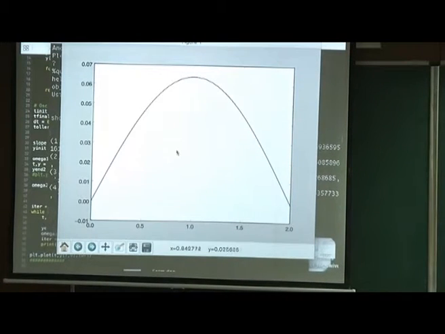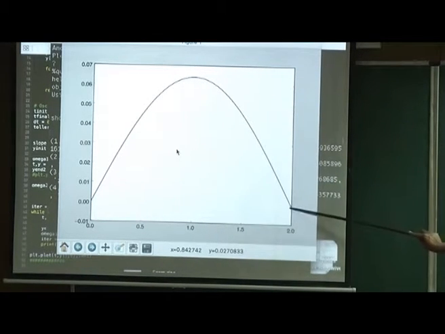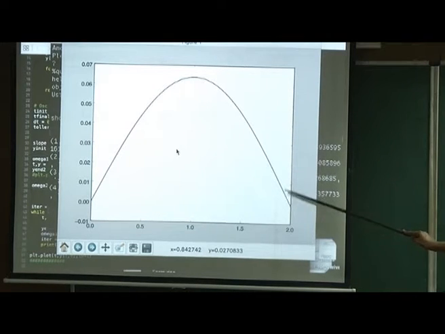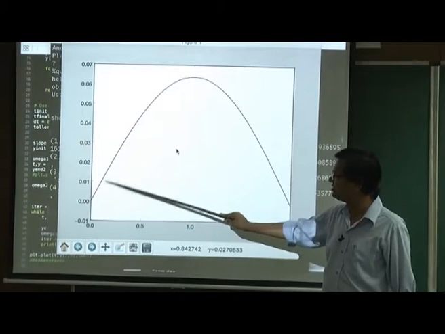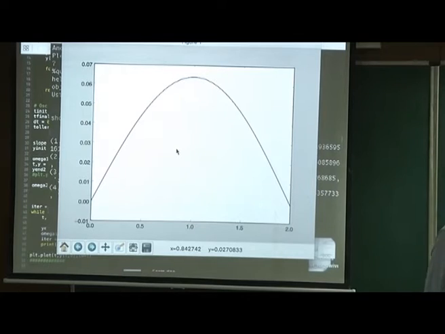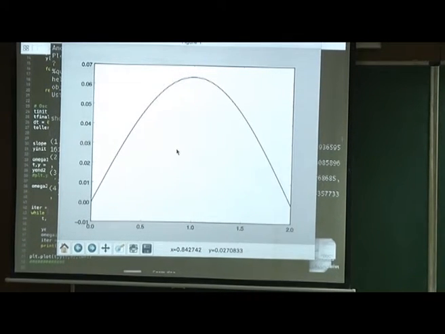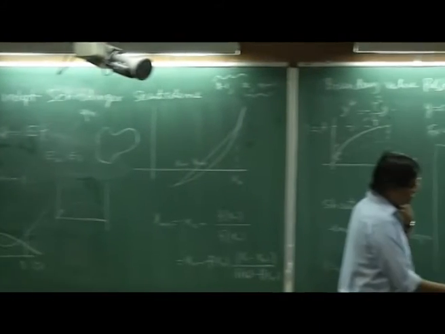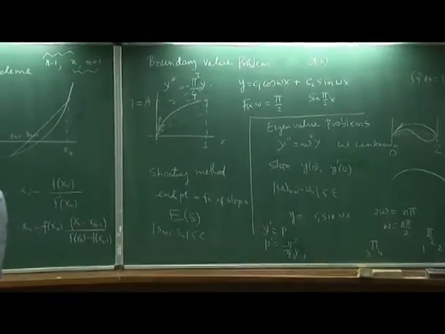Okay, so this is my value of the y. It is 0 here at 2. I wanted it to be 0 at 2. Well, it's not exactly 0, but it's close to 0. And the initial slope is 1. You can just check. Now he is asking what if I change my omega brackets from 1 to 4. So let's try first 3 to 4. I am looking for this solution, 3 to 4. This one I know that I will get to this.